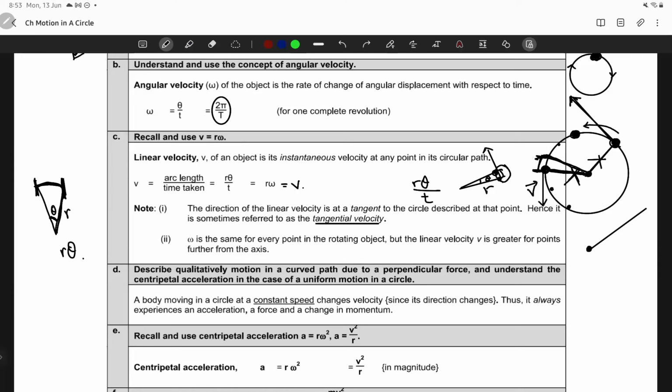I cannot draw it properly over here, but this is still moving in a circle, and the length of the string is now some r prime. The tangential velocity would increase, and you can see that from this expression, because the tangential velocity is proportional to the radius r. So if I increase the length of my string, then the linear velocity would increase. So what is happening is that if I use a longer